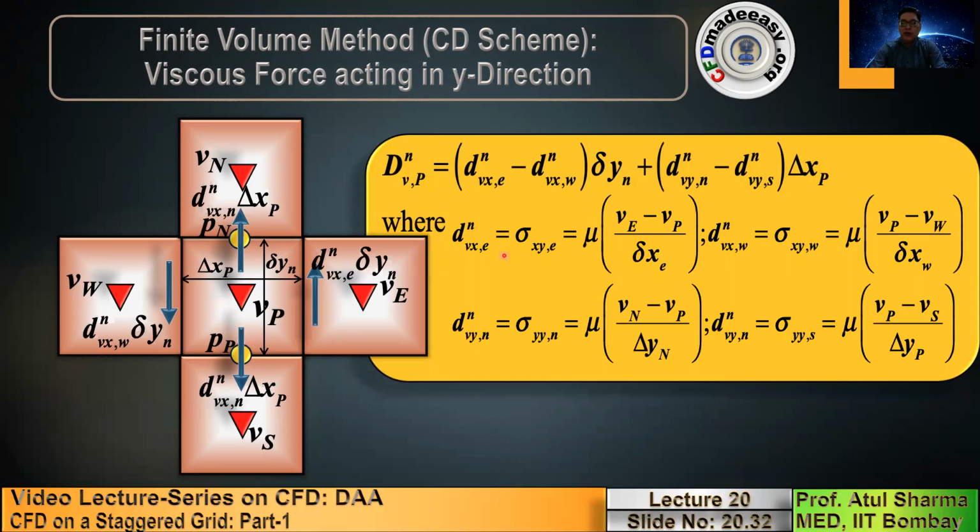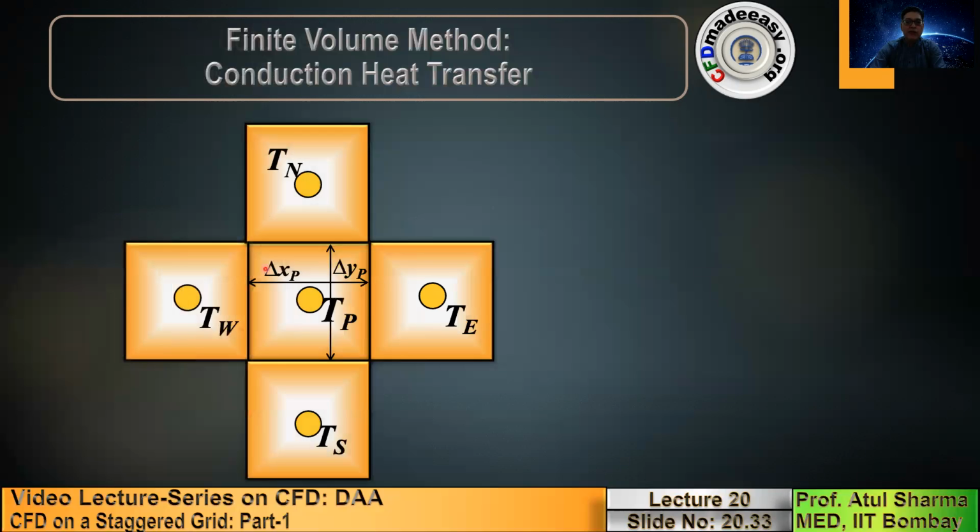So this dV now consists of sigma, where the second subscript is y, corresponding to the viscous stresses in the y direction. And these viscous stresses are expressed in terms of the normal gradient of v velocity with a constant of proportionality of mu. So this shows you the discretized form of the finite volume method on a staggered grid. Finally, for the energy equation,